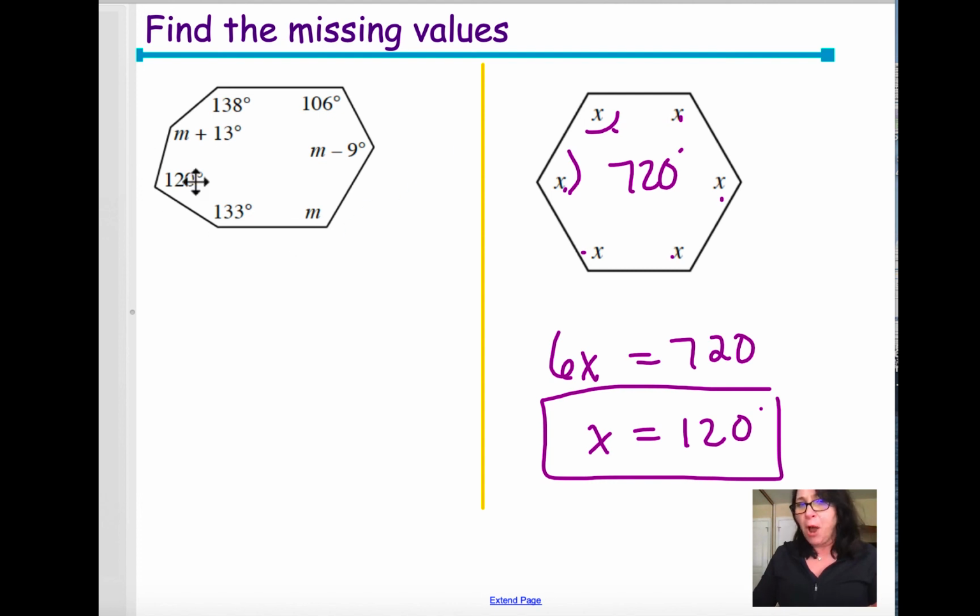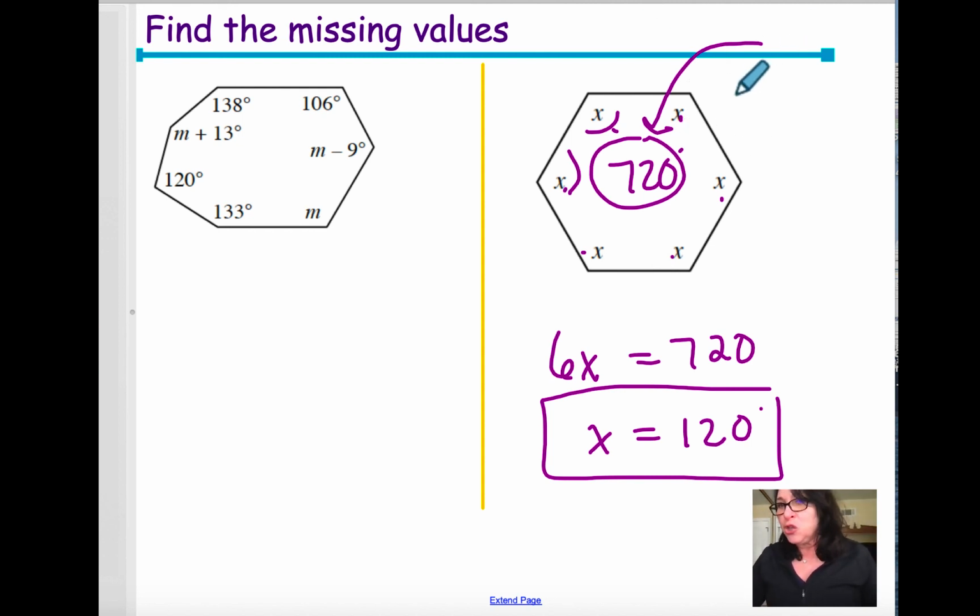But for a problem like this, not all of these angles are the same. Obviously, that means that it's not regular. Like this one was regular, I can just divide by 6. This one is not regular. Oh, and let's just say one last thing. If you forgot where that 720 came from, I know we just did 4 problems on hexagons, but if you forgot,